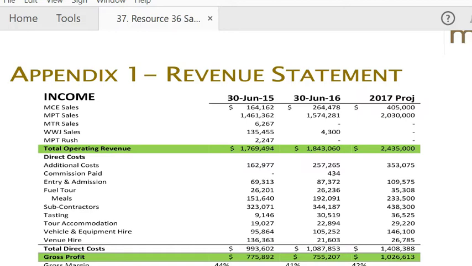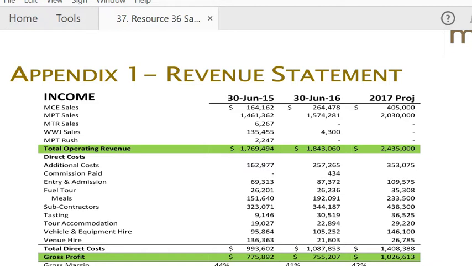So you can see here we've got income, and we've got a breakdown of different sales channels: our corporate event sales, our Melbourne private tours sales, our travel representation sales. We had a lot going on. We'd started a range of different divisions to the business. So we've got our revenue there. That's all pretty straightforward. Next down, we've got our operating expenses, so the cost of sale, all of those costs that add up to form the service or the experience that we are running.